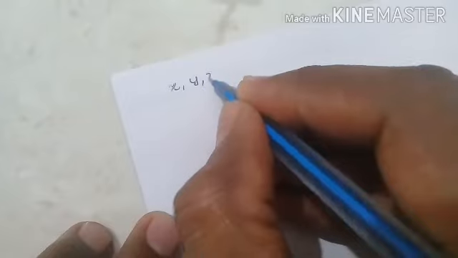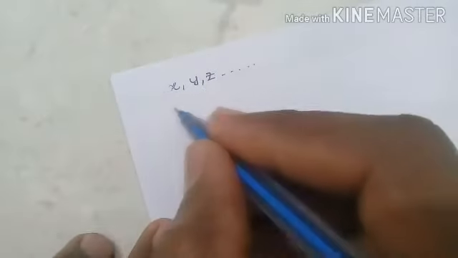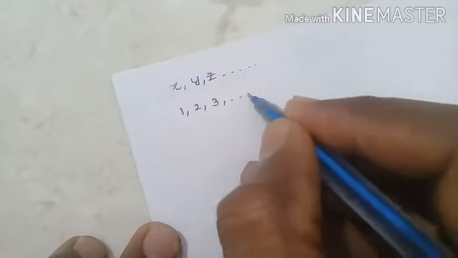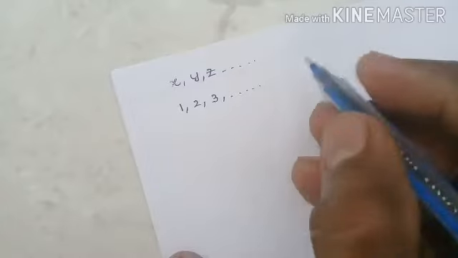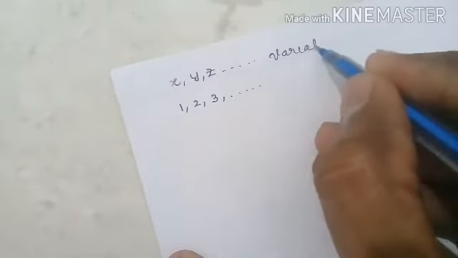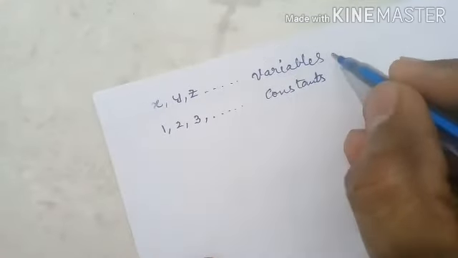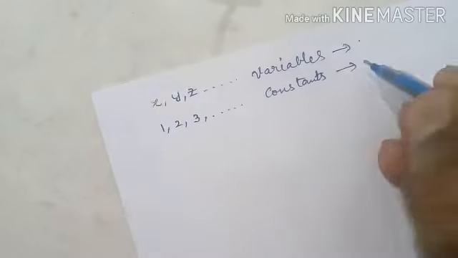My name is Nagaraju, and today I want to interact with you through some examples. For example, we know that in mathematics, alphabets are all called variables. Like that, every number 1, 2, 3, and so on, these are constants. Here it is called variables. Here it is called constants. What is a variable? Variable means vary, and constant means it is fixed.